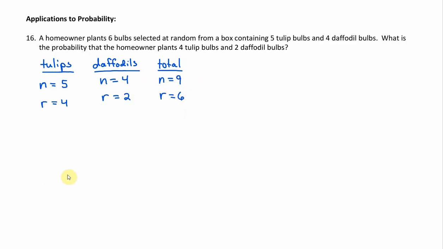So I think this is enough to piece this together. So the probability of 4 tulips and 2 daffodils, this is actually going to involve 3 combinations. So it's going to be,